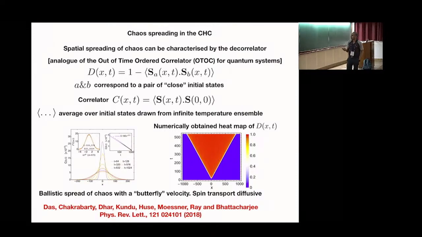Okay, so this is interesting because the system, as I said, thermalizes. So if you were to look at regular two-point correlators of conserved quantities, you would actually see diffusion, which is shown on this plot. However, you do also have this ballistically propagating front, which corresponds to this spread of chaos with a velocity which is like a butterfly velocity, because this tells you how chaos is spreading